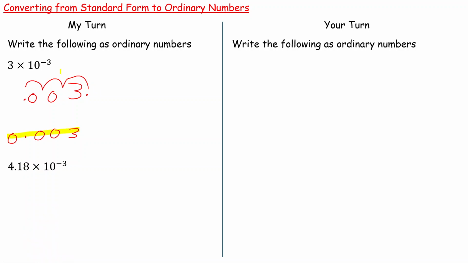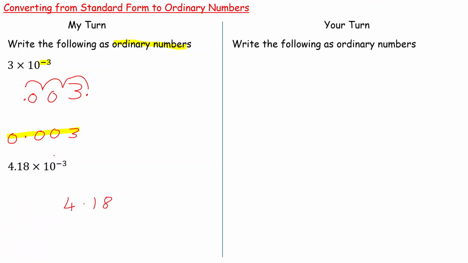So you can see this time you've got a negative power. Okay, 3 times 10 to the power of negative 3 has the same value as 0.003, which we can see is written as an ordinary number, and we can see more clearly this time that this is a tiny number, which is nice. Our next one, we've got